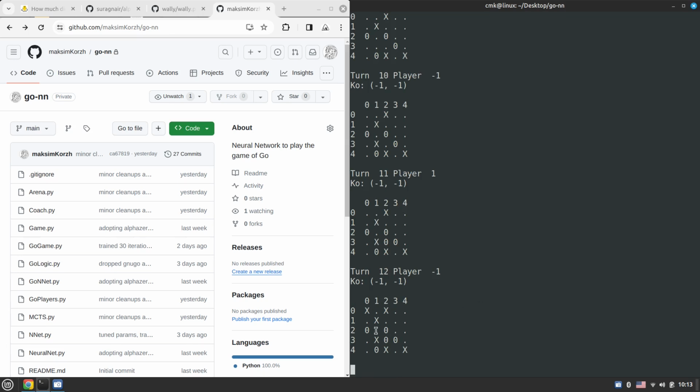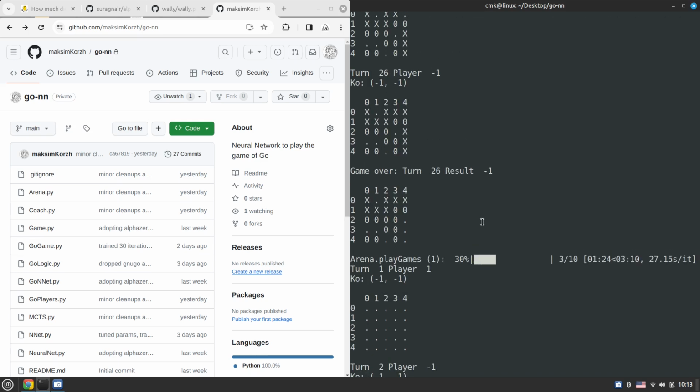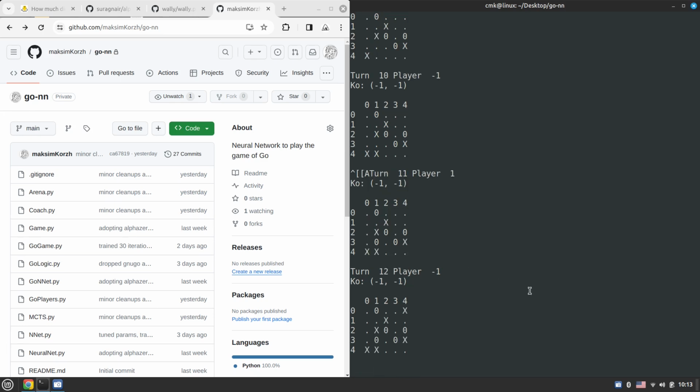And again, the same. You see, the neural network, unlike the random player, is trying to occupy the center and split the board into 2 parts. So that's the sign of intelligence already, even after only 10 iterations, 10 games of self-play each. Again, we have another fantastic result. It makes 3 eyes, black only made 1, and this would die anyway. So another crushing win. Okay. So yeah, it defends the capture, which is cool. And although this can still be captured here, for instance, and it's not perfect really, but anyway,